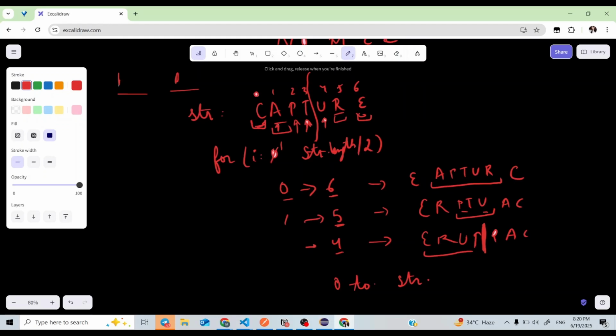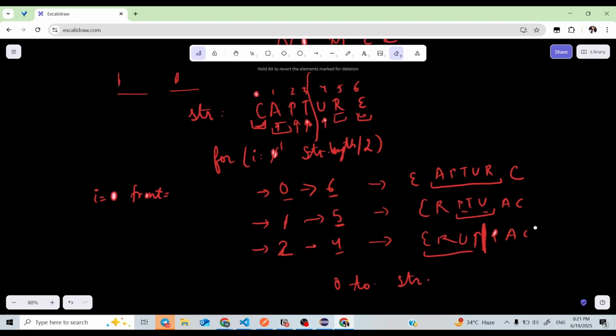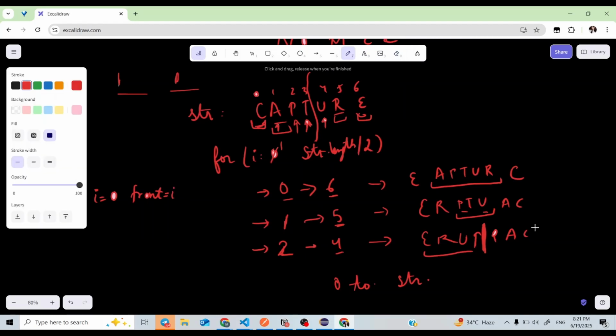This is my first iteration, this is second, and this is third. Only three iterations are there. In the zeroth iteration, when my i is 0, my front will be 0 only, which we can write as i. In the ith iteration my front will also be i, and my back will be equal to